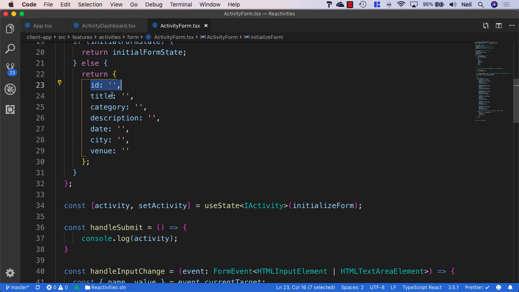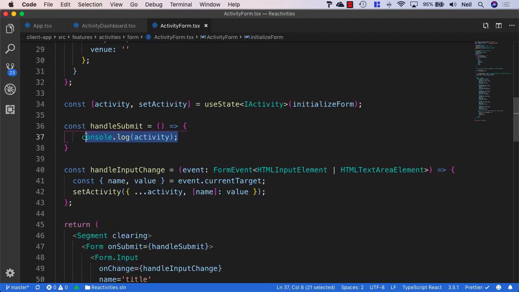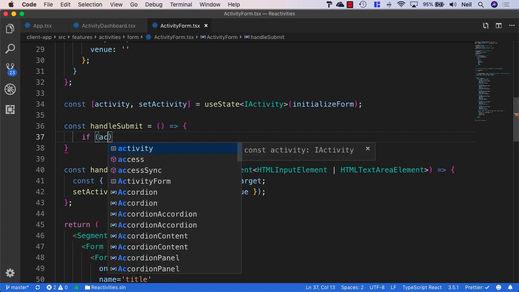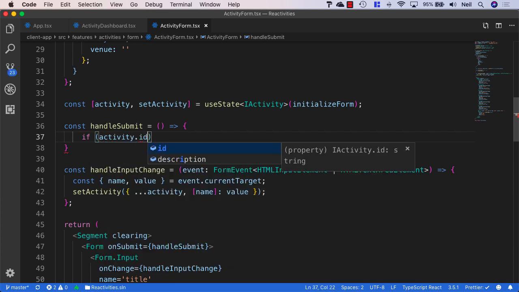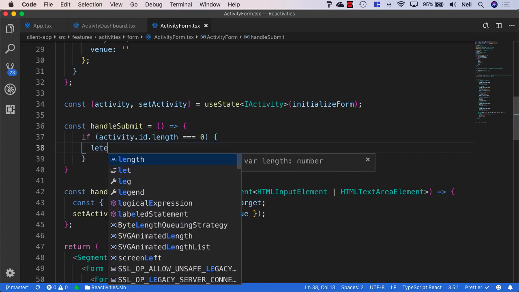So if we're creating an activity, then what we can do is just check the length of this particular string, and if it's equal to 0, then we know we're creating a new activity. And if it's not equal to 0, then we know we're editing an activity. So we can use that information inside our handle submit method, and what we can do is add an if statement, and we can say if the activity.id.length is equal to 0, then what we can do is say let newActivity